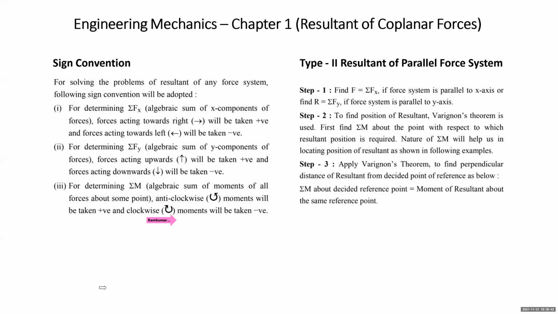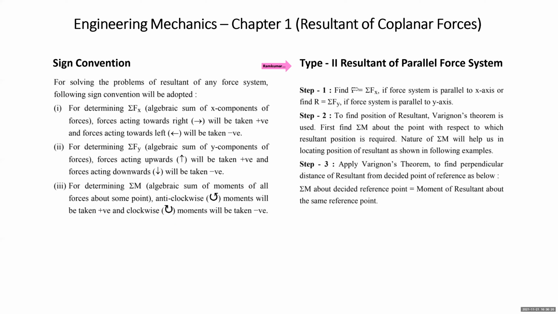Okay, this sign convention may change. Some people take anti-clockwise positive and clockwise negative, as I'm suggesting I'll be taking. There are some teachers who take clockwise positive and anti-clockwise negative. Both the sign conventions are correct. So we will stick to our sign convention. Other teachers may stick to the other sign. But finally, the answer comes the same, right? The sign convention I'm adopting is something that the majority of teachers and authors have used. Now finally we are reaching a level where we are ready to start with the problems of the parallel force system.